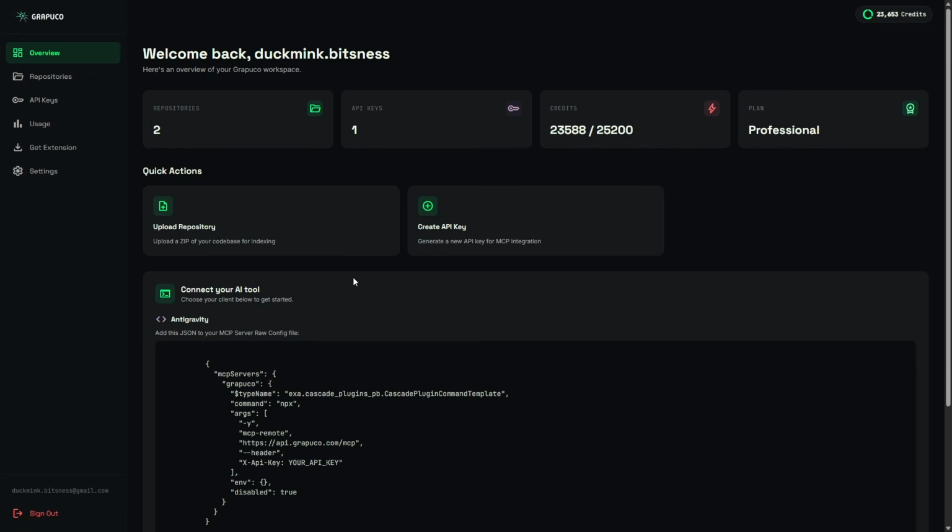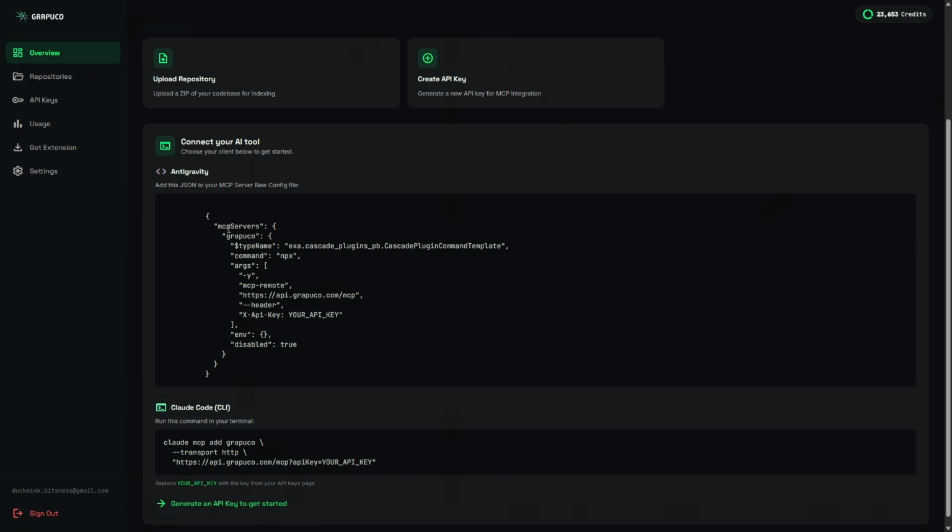How to connect to your project on Grupuko via MCP. As you can see on the main dashboard, there are examples about how to connect your AI coding via JSON or command line. Both ways would require an API key from you, so let's head to the API keys on